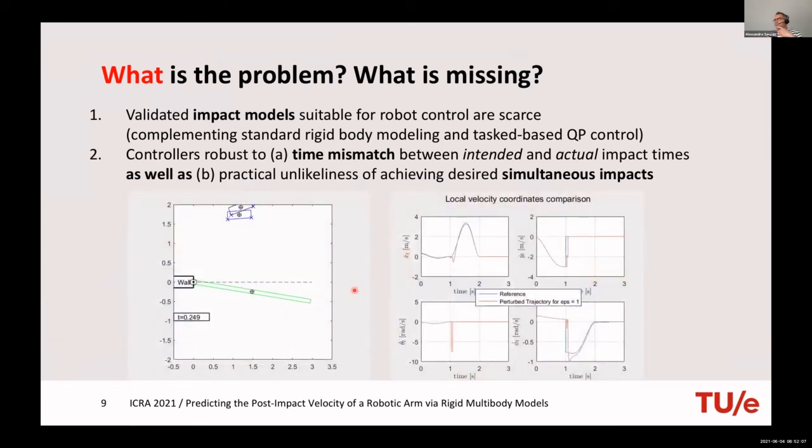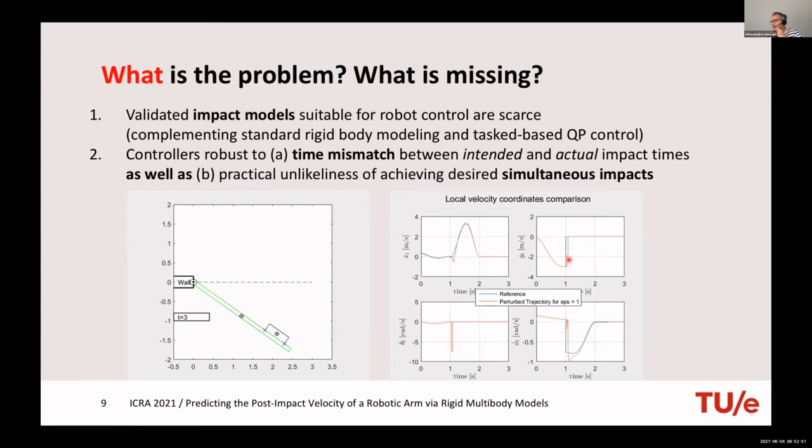So this is a simple animation of this concept. Imagine that you have a reference motion that is the blue one, which makes impact at the same time on the surface, and then another one, the black one, which makes contact first with one corner. If you look at the velocities x, y, theta and theta L, so those are essentially the position of the box and the position of this moving door, if you like, this green thing, you'll see that the reference, the blue line, jumps one time, while this perturbed trajectory jumps two times.